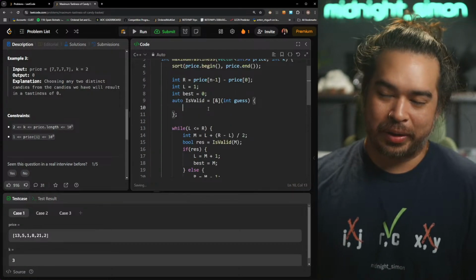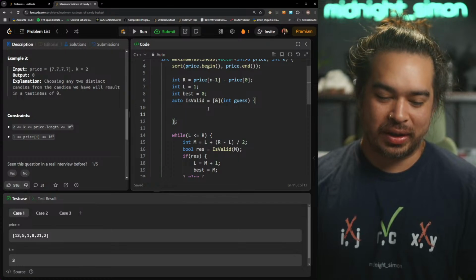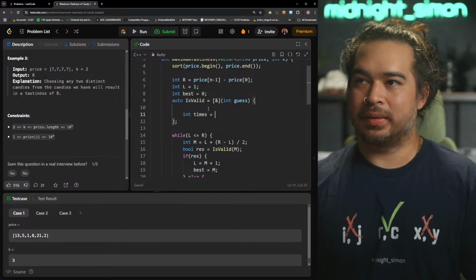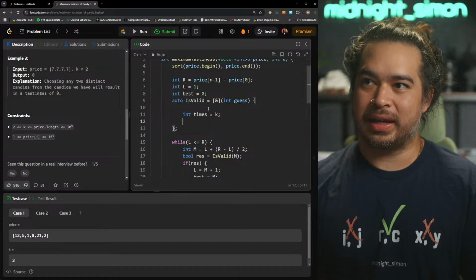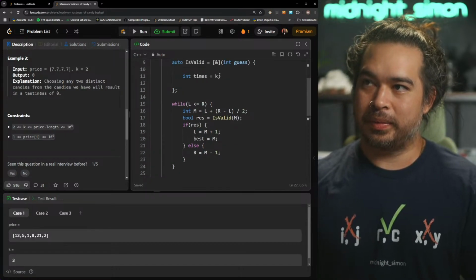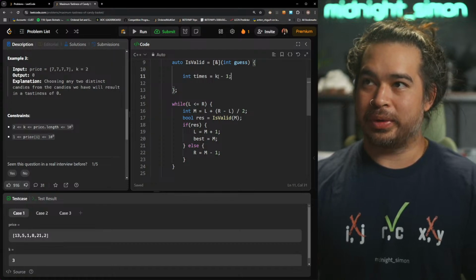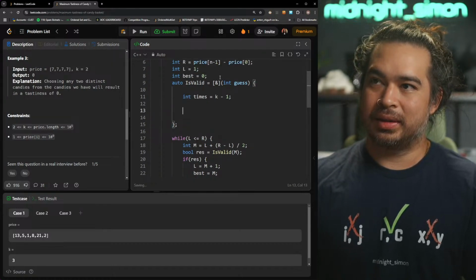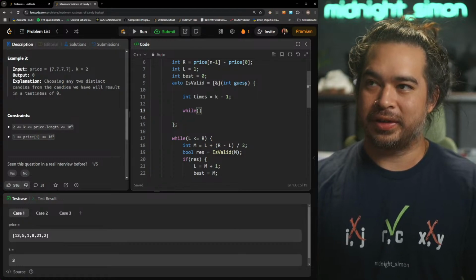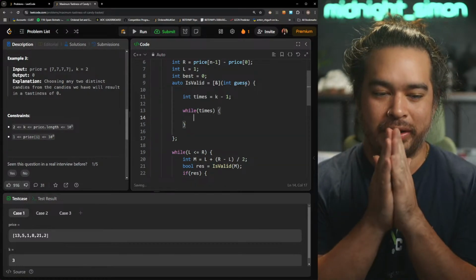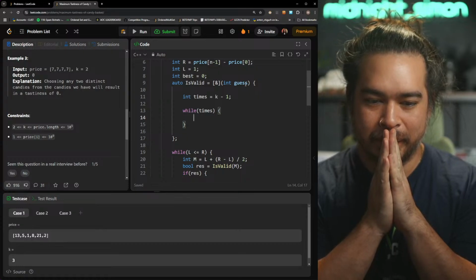All right, how are we gonna do it? We're gonna say we need K times, so, shit. So I guess we can start K minus 1 because the first element that we will take is the first element. How are we gonna do this, man?